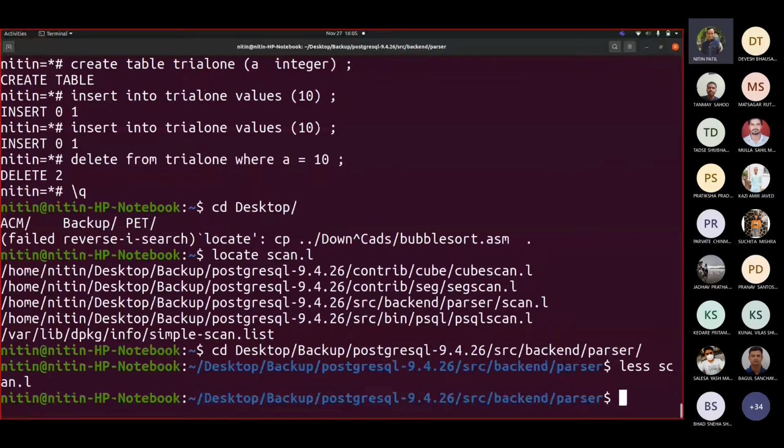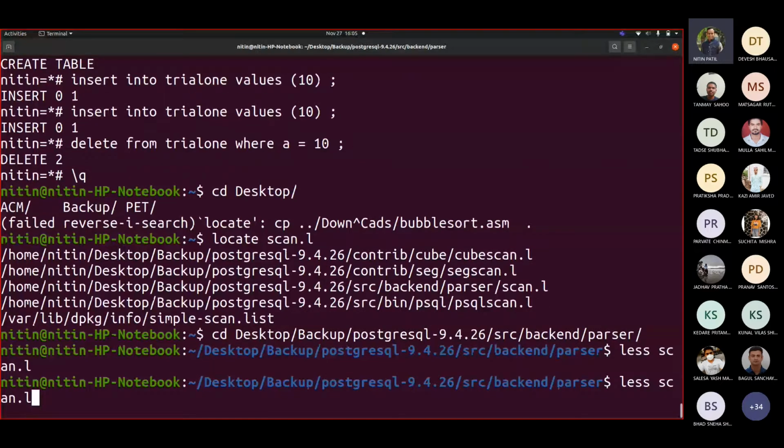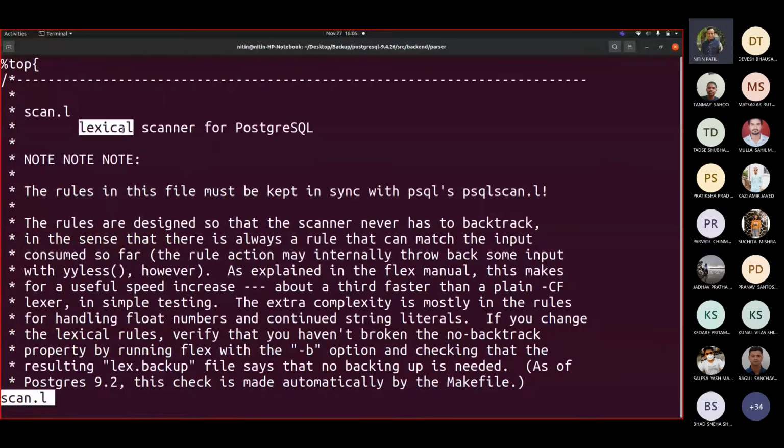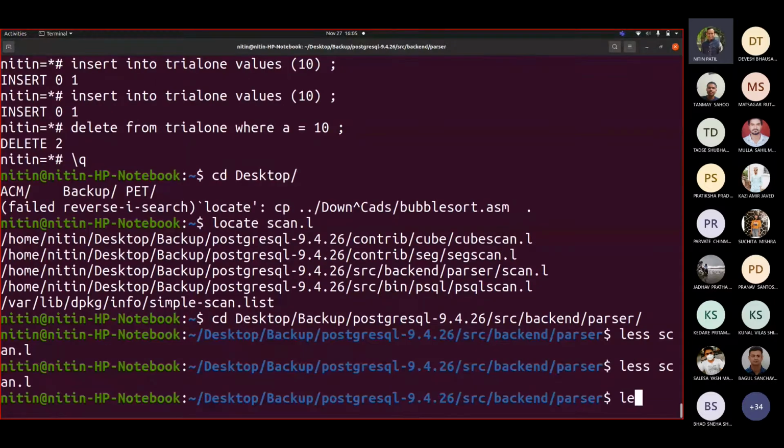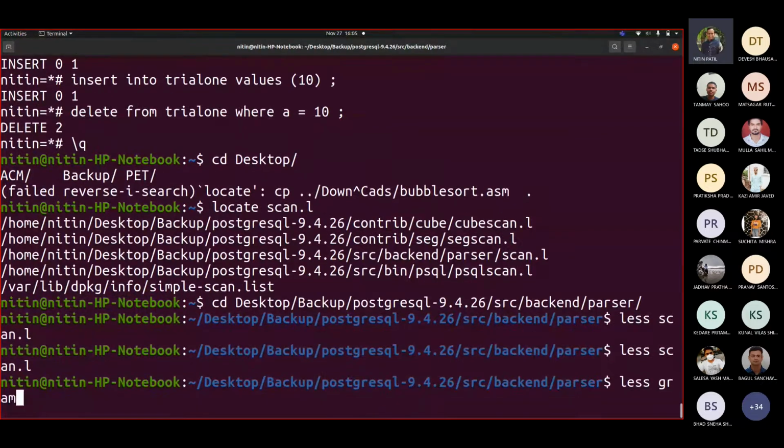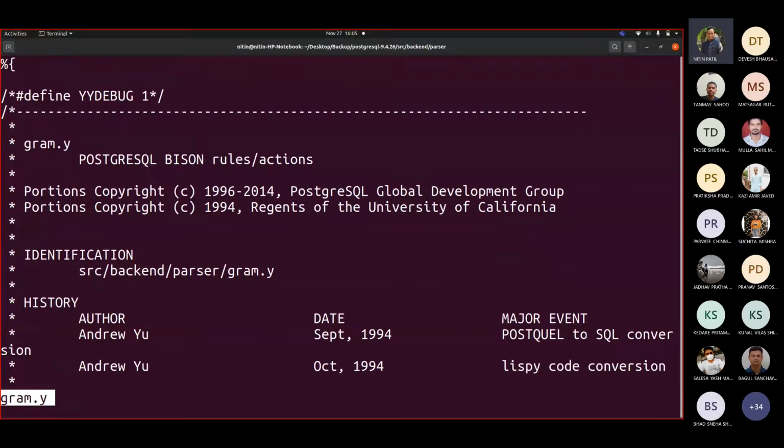And there's a parser too. What we saw was a lexical scanner. Now the other file is gram.y. This is the parser.